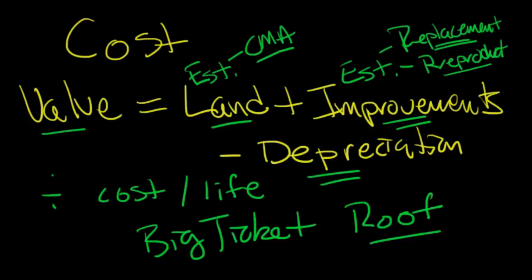Remember, the value equals the estimated value of the land plus the estimated replacement cost, in most cases, of the improvements, and then you subtract depreciation. So fairly straightforward. And since we're talking about depreciation, let's talk for a minute or two about appreciation and understanding the two of those things. And those concepts are also tied directly with another important economic concept called obsolescence. So let's talk about those items right now.